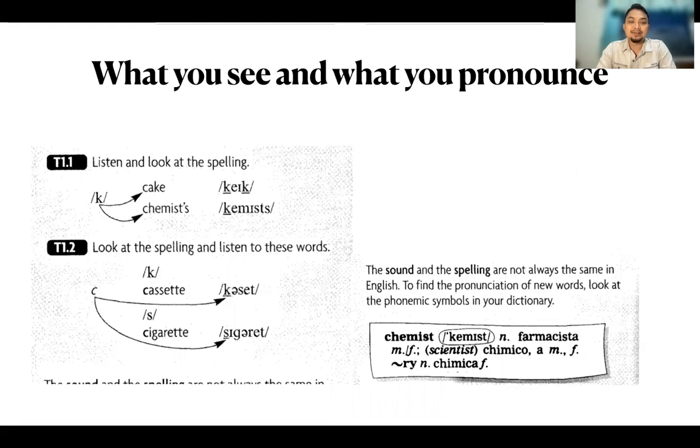Now let's have a look at the first example. We have C for cassette, cassette. C for cassette is pronounced K. On the other hand, you may look at the second example right there. C for cigarette, cigarette, is pronounced S. So by this, you have to remember again, the sound and the spelling are not always the